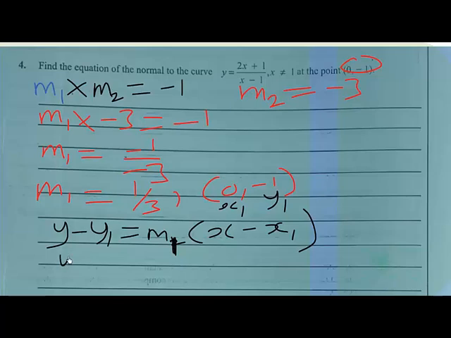So we have y minus -1 is equal to m1, which is 1/3, into bracket x minus